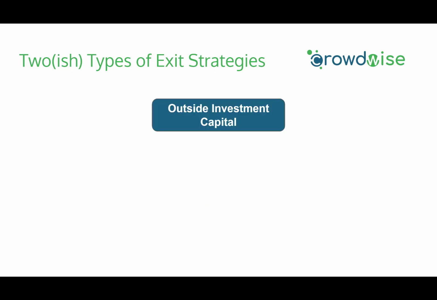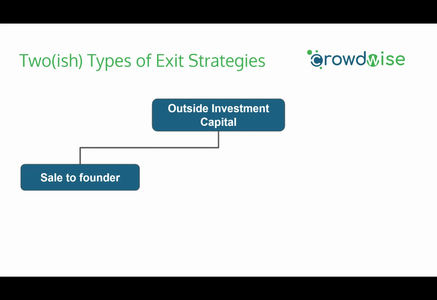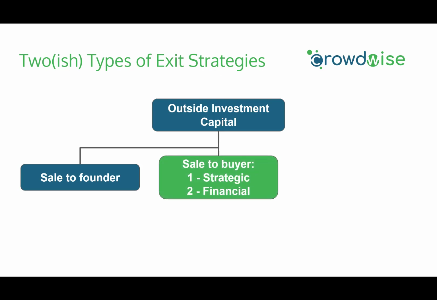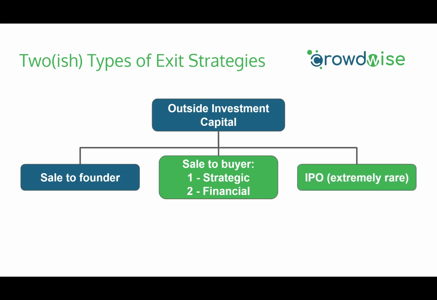So, looking at this in another way, we have the outside investment capital, which is your investment in a business. As David mentions, the first type of sale is a sale to the founder, which provides an exit to investors. The second type of sale would be a sale to a buyer, which could be either a strategic buyer, buying it due to synergistic effects in their portfolio of other businesses that they hold, or a purely financial buyer. And last but not least, that 1 in 1,000 shot, according to David Rose, the IPO or initial public offering,